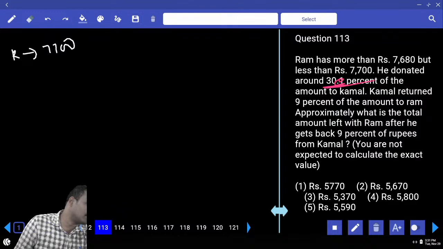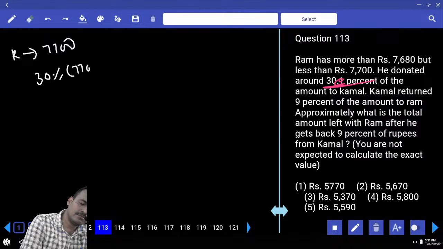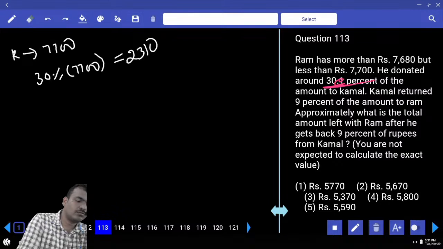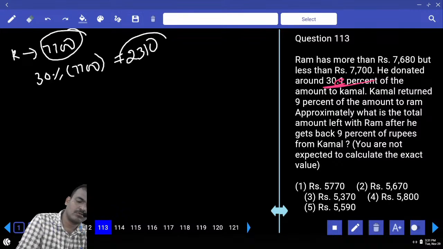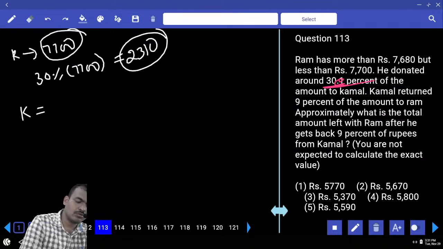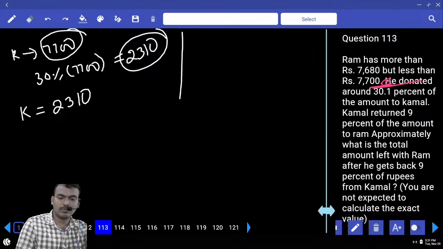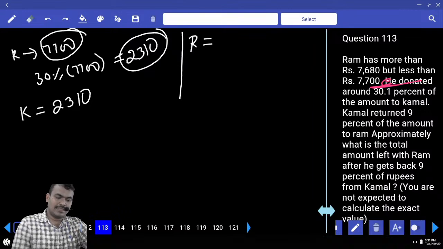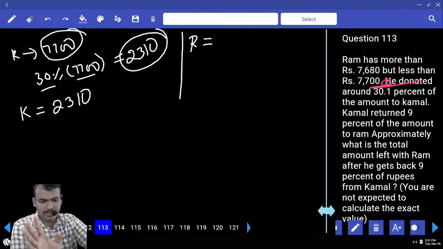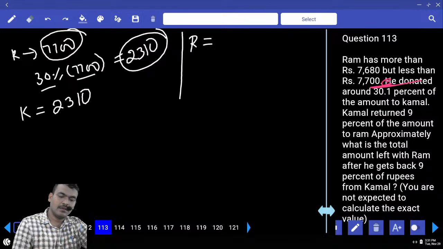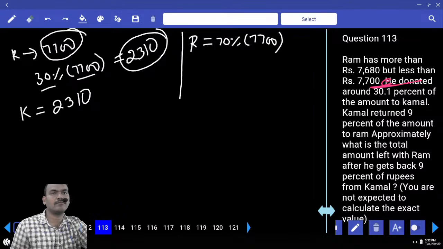What is the 30% value? What is 30% of 7700? 2310, not? Means out of 7700 he gave 2310 to Kamal. Kamal received how many rupees? 2310. But Ram's remaining value is how much? When 30% of 7700 is completed, the remaining value is how much? 70% of which one? 7700 or not? Nothing but